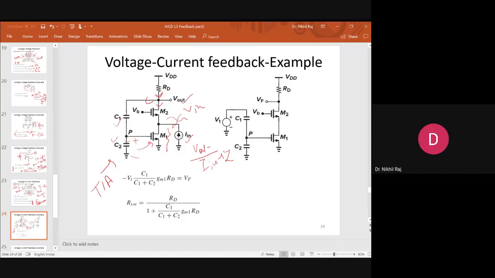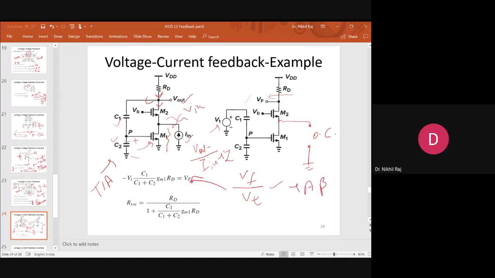Now the calculation of gain is shown here. This was the amplifier. The first thing is to set the input to 0. Input 0 means this current source becomes an open circuit, because it is a current form. If it were a voltage, it would become a short circuit. Second, detach the feedback element, which is C1. Attach the VF voltage here and a test voltage here, and then calculate the VF by VT ratio, and that ratio will give me the A beta value.